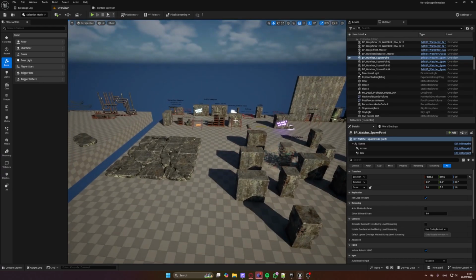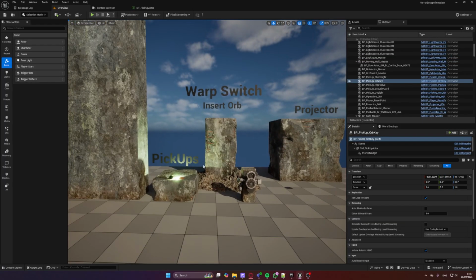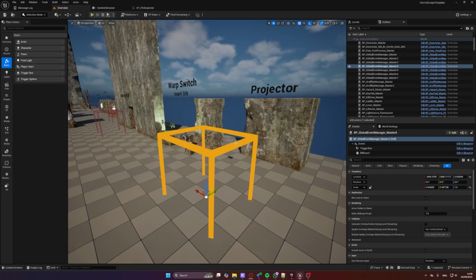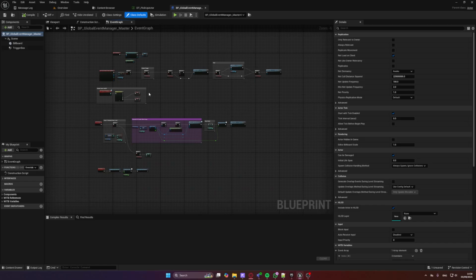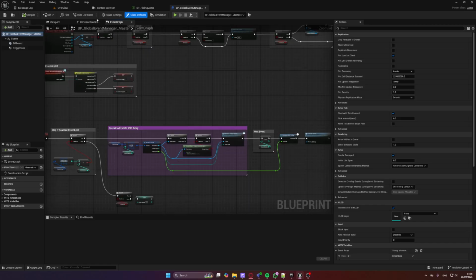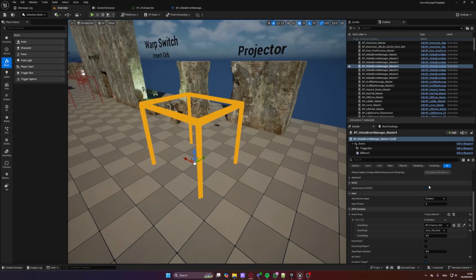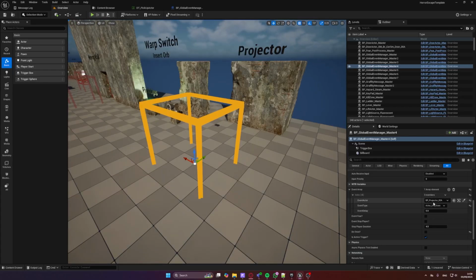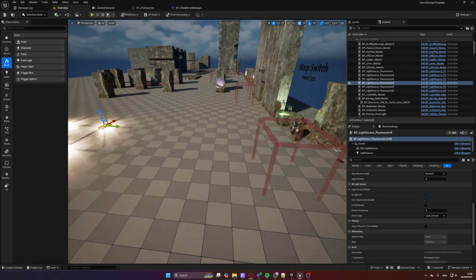This is pretty much the whole template. I'm going to quickly show you how to add your own pickups and also how Global Event Manager works. The Global Event Manager is just a trigger box, as you can see right here. You don't need to worry too much about this code, but what it does is it's referencing different blueprints in a level. So for example, here it's referencing a projector, and you can add as many of them as you want. So for example, we have the projector, and let's say I drag this light right here,